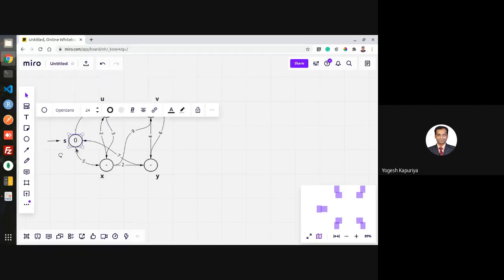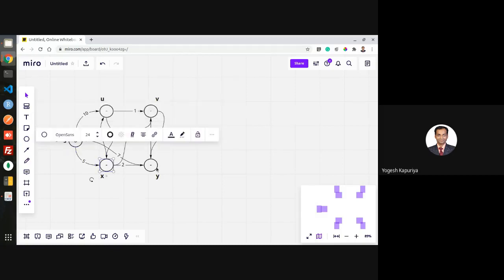So consider this as a 0 and this dash as infinity, right? I don't have any symbol for infinity right now, so consider this as infinity. Initially, the distance between S and S is always going to be 0 because it's the source vertex. So initialize it to 0. Then initialize the distance of every other vertex u, v, x, y to infinity,